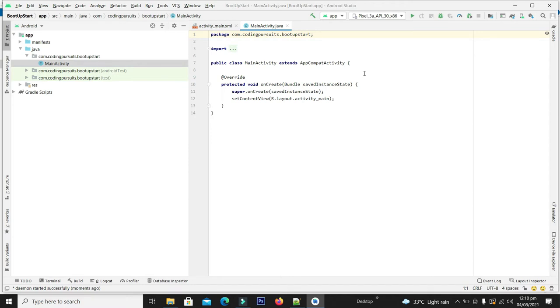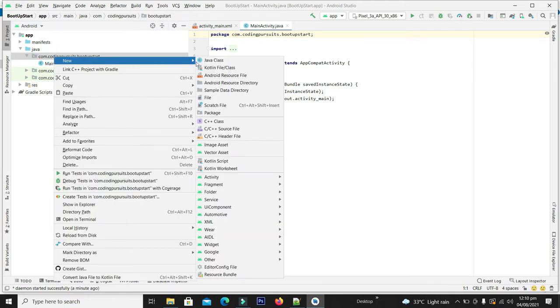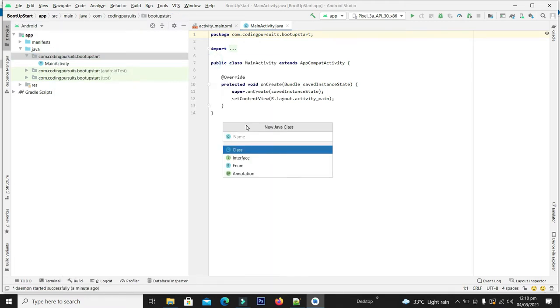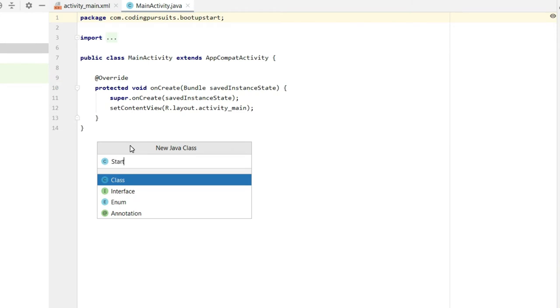First of all, we will have to make a class of broadcast receiver for starting our activity. For this I will right click on the package, from new click on Java class, and write the receiver name. I have given the name of the class as startup on boot up receiver, and press enter.